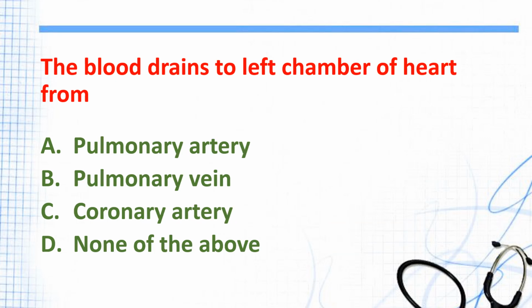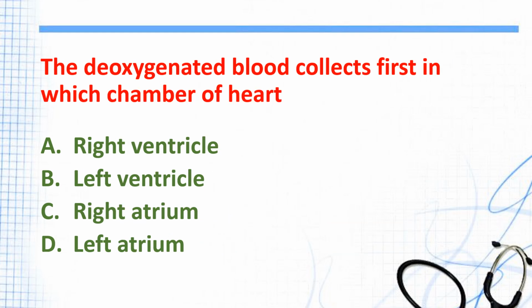The blood drains to left chamber of heart from A. Pulmonary artery, B. Pulmonary vein, C. Coronary artery, D. None of the above. And the answer is B. Pulmonary vein. The deoxygenated blood collects first in which chamber of heart? A. Right ventricle, B. Left ventricle, C. Right atrium, D. Left atrium. And the answer is